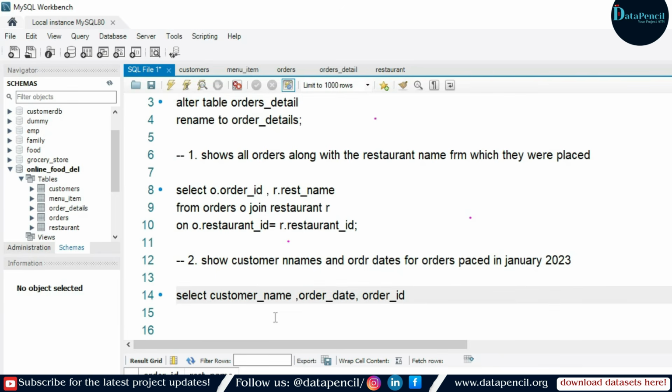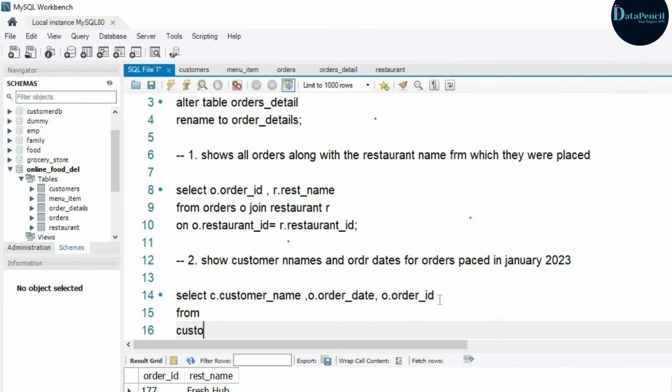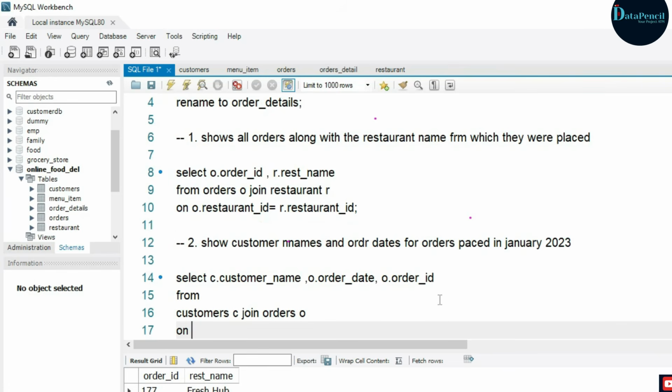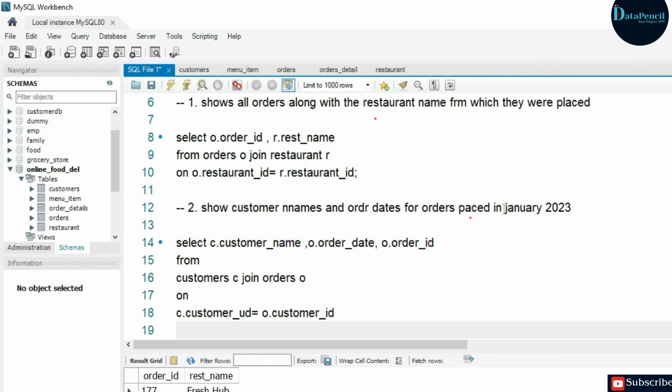Now, these columns belong to different tables. So we have to mention the name of the table. So we will write here C dot, here O dot, the alias name, here also O dot. Okay, now we will write from which table? So from customers table C and join it with the orders table O. Okay, on what basis? So on customers table customer ID is equal to the orders table customer ID. Okay, now there is one condition. We want the data of January month only. So we will write here where, because it's a condition now, where orders table order date